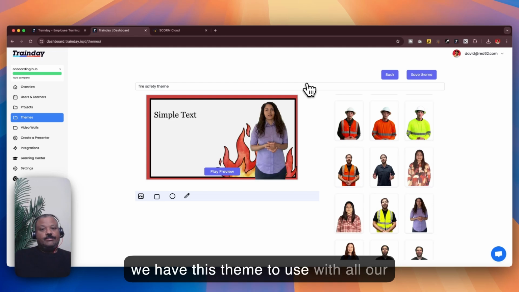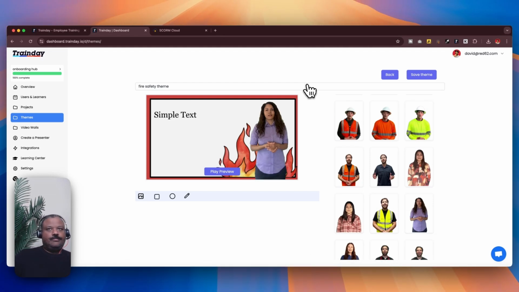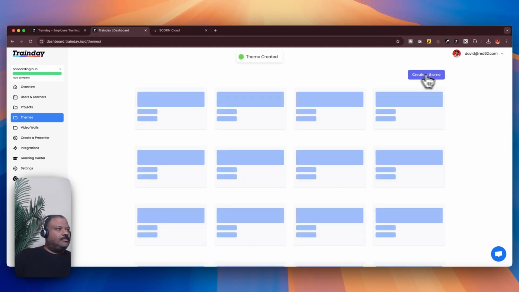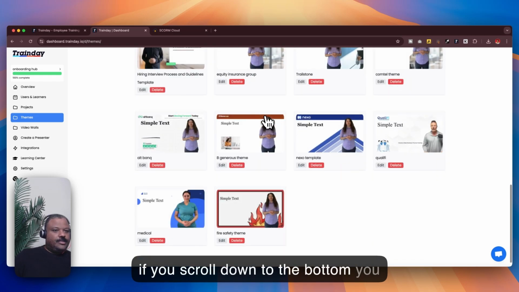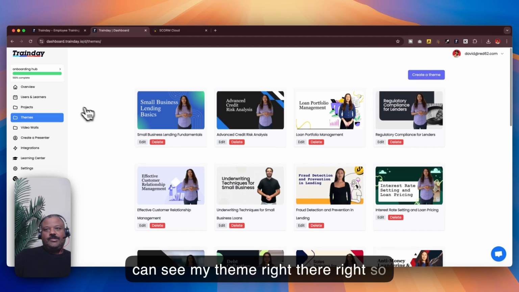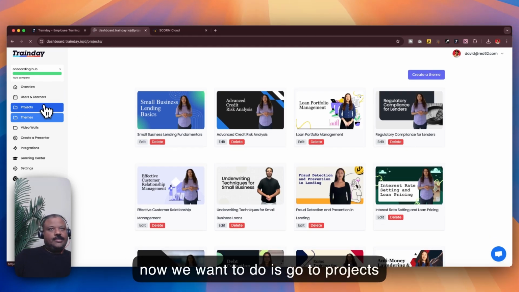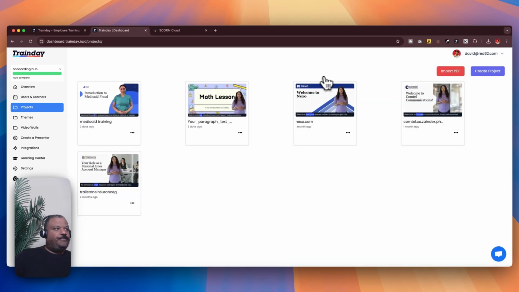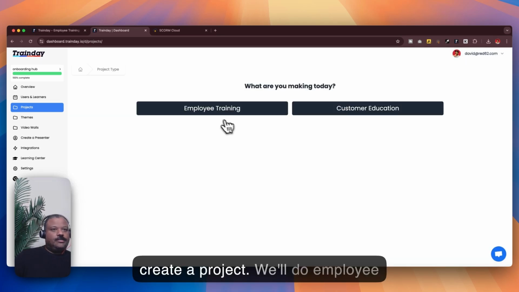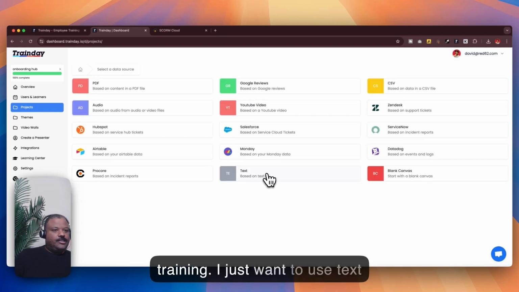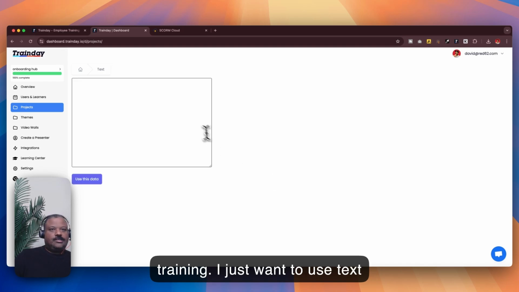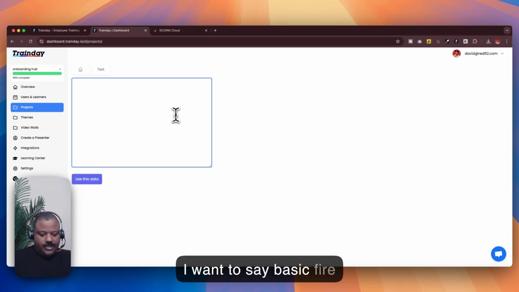And now we have this theme to use with all our projects. And if you scroll down to the bottom, you can see my theme right there. So now what we want to do is go to projects, and we'll create a project. We'll do employee training. I just want to use text, and I want to say basic